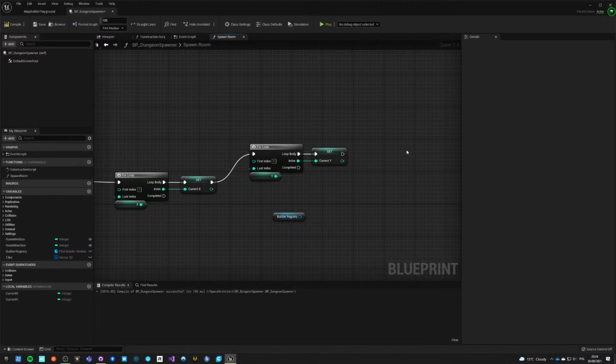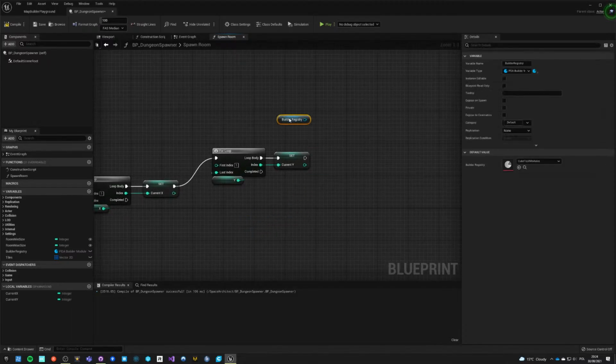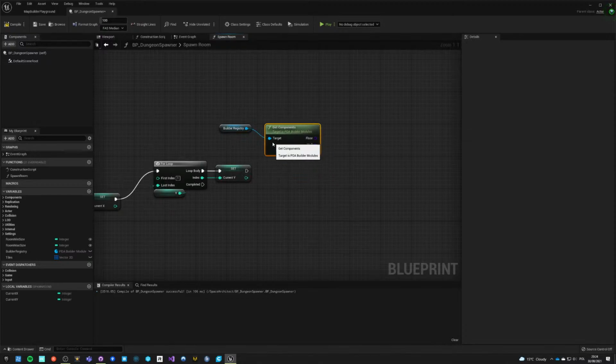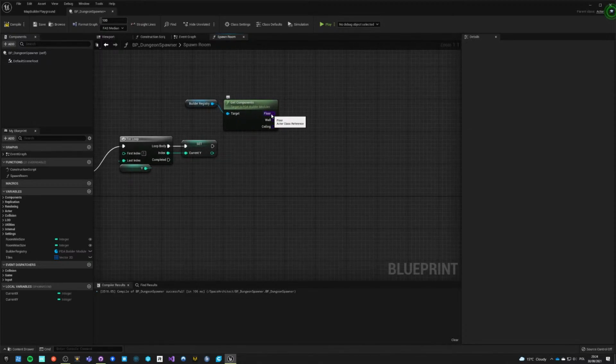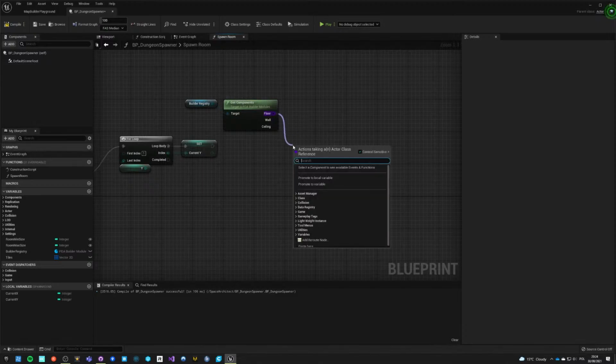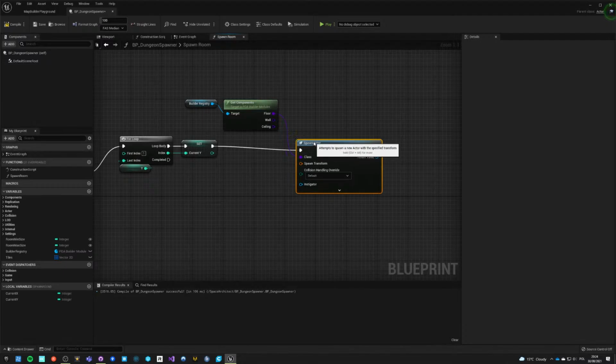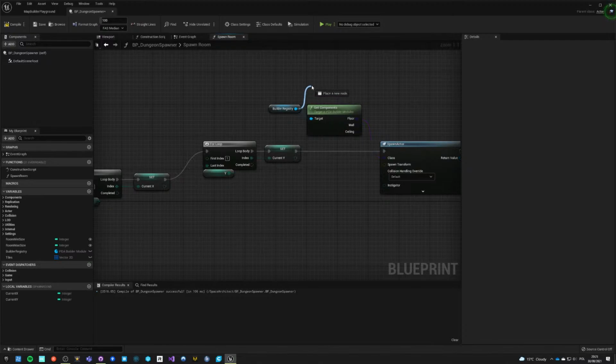Okay, so this is a single cell. So from here, I need to get components, and I need to first spawn all floors, basically. Spawn actor from class and spawn transform. Okay, here goes the